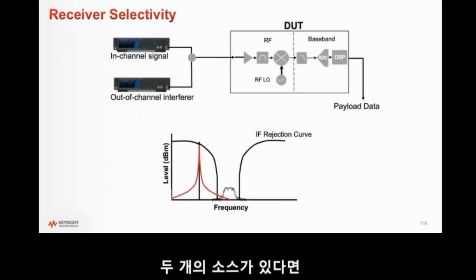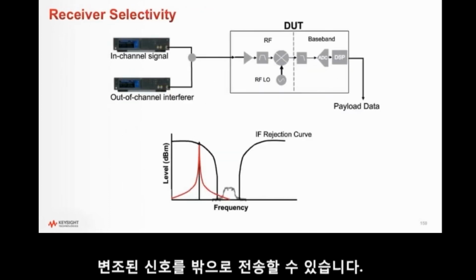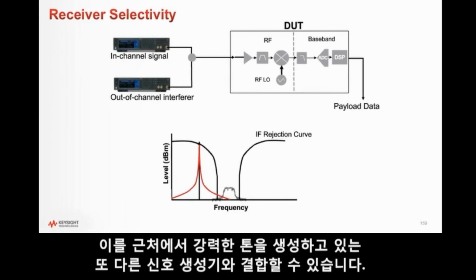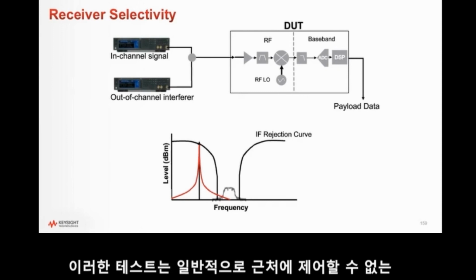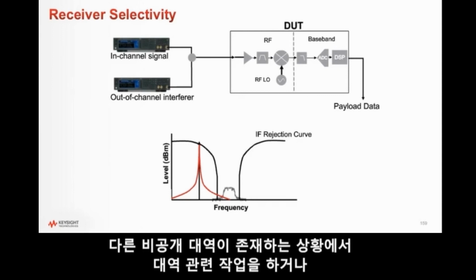So if we have two sources, we can send our modulated signal out. We can combine it with another signal generator that's generating a strong tone nearby, and we run that all into your device, and we see if your device can still demodulate it. This is a common test if you're working in a band that's nearby some other non-public band that you can't